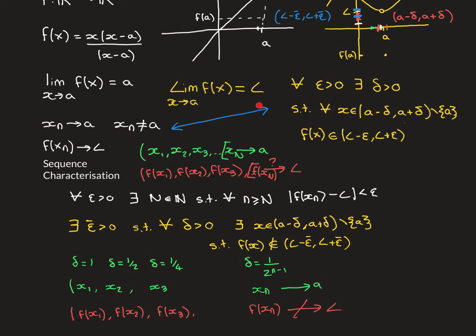So we can now add that other arrowhead on here. The sequence characterization of the limit of a function and the epsilon-delta definition of the limit of a function are mathematically equivalent to one another. So if for all sequences in the domain that converge to A, where the terms of the sequence are not allowed to equal A itself, their image sequences converge to the same thing, some value L, then you can conclude that the limit of the function as x approaches A is that value L that the image sequences are all converging to.